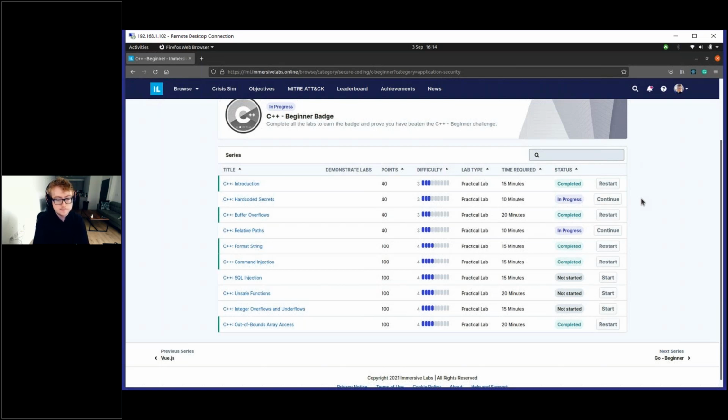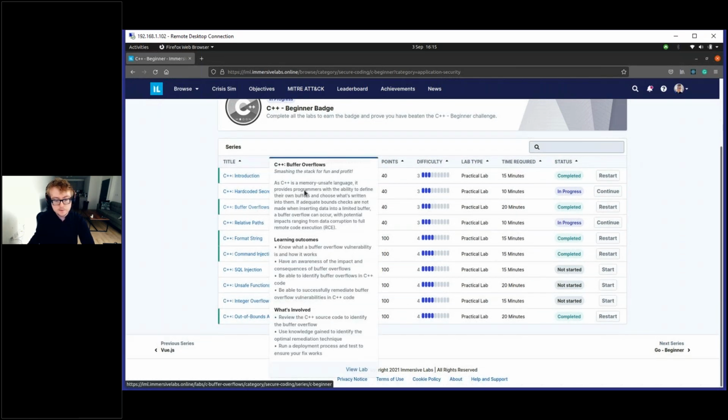But it's also going to be things that you maybe wouldn't think of as much, so stuff like out-of-bounds array access and even SQL injection can occur in C++ programs. So we wanted to have a good balance of vulnerabilities that you find often, but also ones that are easier to understand for those who are just getting into secure coding. So I'll just boot up a lab here to